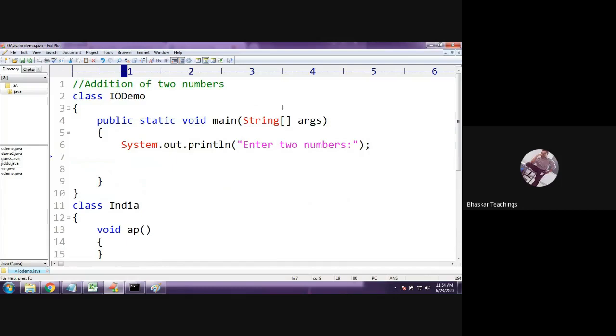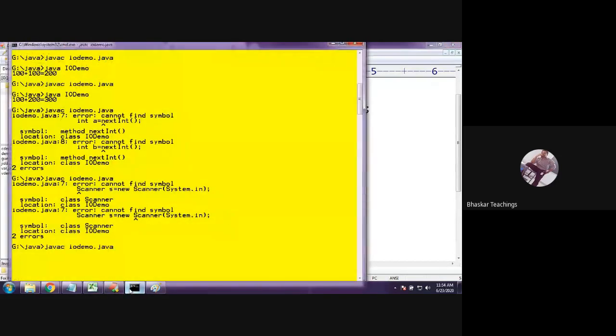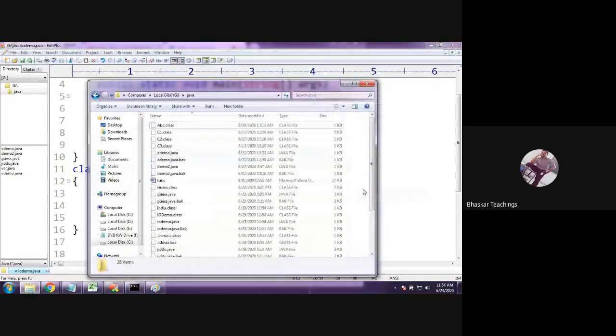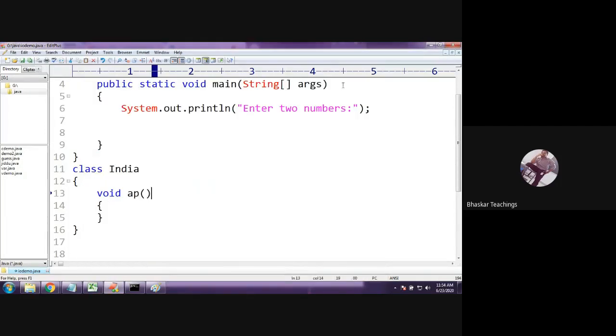So see carefully. I have the iDemo class and I have the India class. Let me save and compile this. Compilation successful. Now go to the folder, refresh it, and check. There will be a class called India. Yes, here you go, you have India.class.